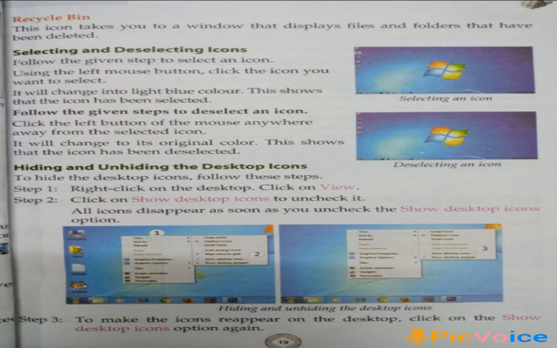Then step 2, click on show desktop icons to uncheck, and as soon as all desktop icons disappear. Then step 3, to unhide an icon, again we click on show desktop icons option, and as soon as icons will reappear.